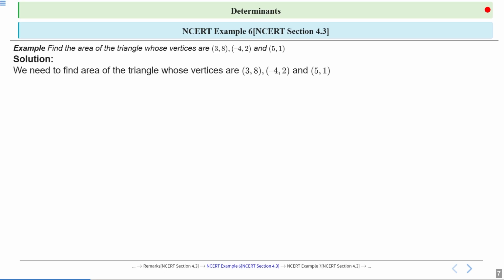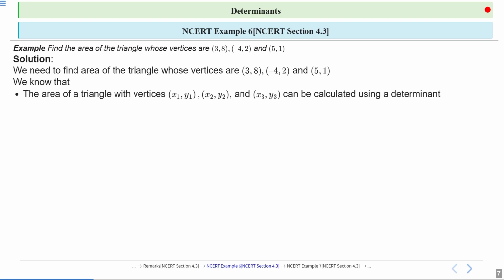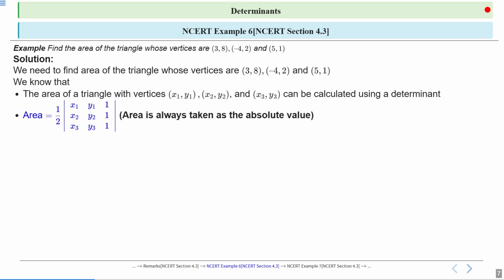So we need to find the area of the triangle whose vertices are (3, 8), (-4, 2) and (5, 1). And we know that the area of a triangle with these 3 vertices can be calculated using a determinant,